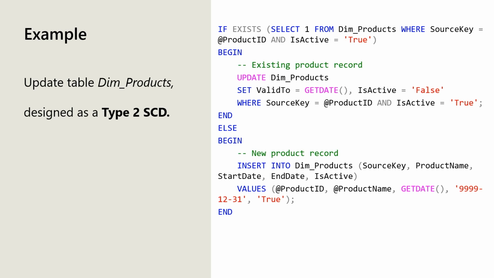If no active record exists, the else block executes the insert statement. This inserts a new row into the DIM products table with the provided product details. This new row represents the current state of the product, and it's marked as active. This SQL syntax ensures that changes to product data are tracked over time by creating new records for each change while preserving historical data. The DIM products table will have multiple rows for each product, each representing a different period